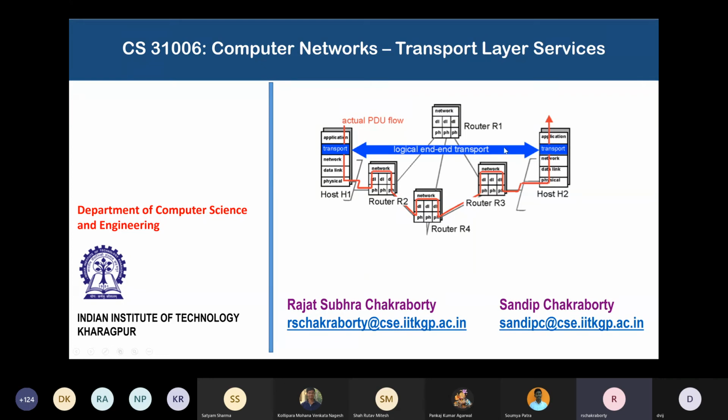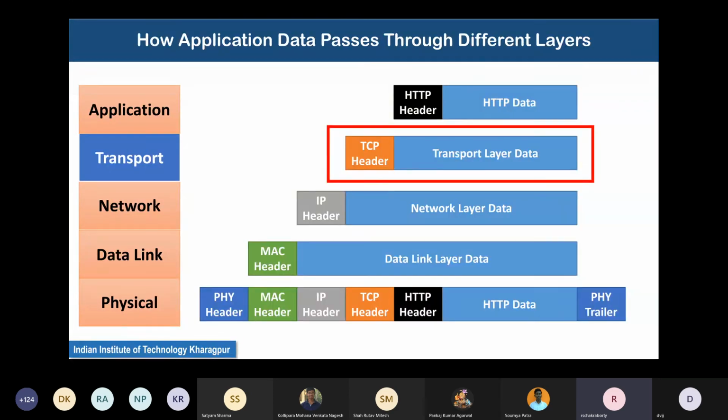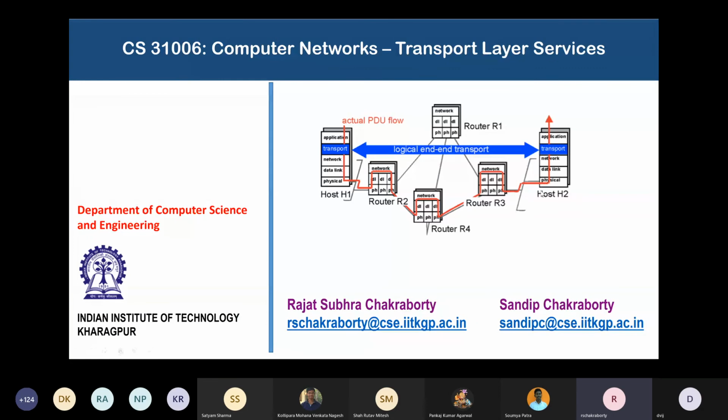Segments cannot be directly transferred between two remote computers. They must be encapsulated into datagrams, which must be encapsulated into frames, and then into physical layer signals, and then transmitted to the remote machine, and then go all the way up. So just like when it goes down, it keeps on increasing in size with added headers, when it goes up, it gets stripped of all its headers.